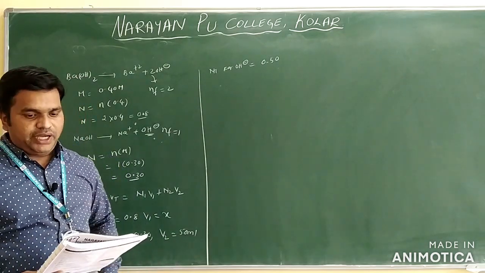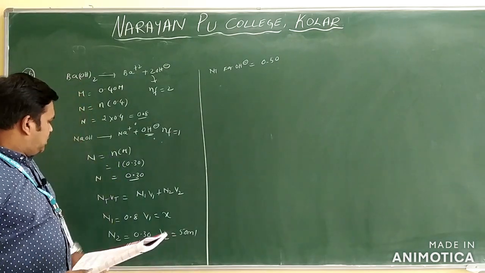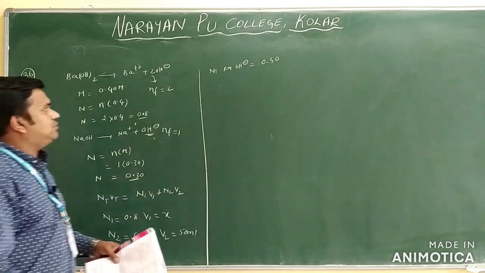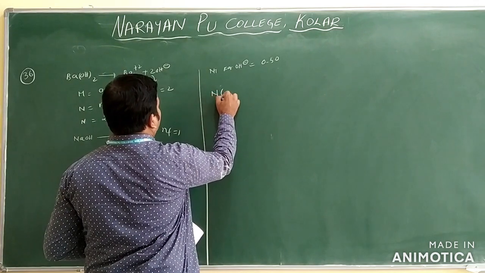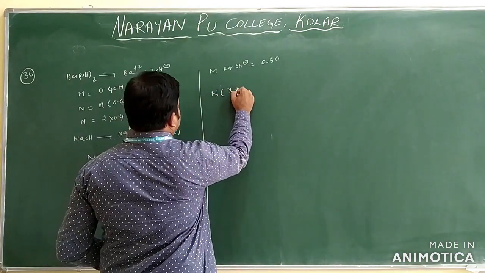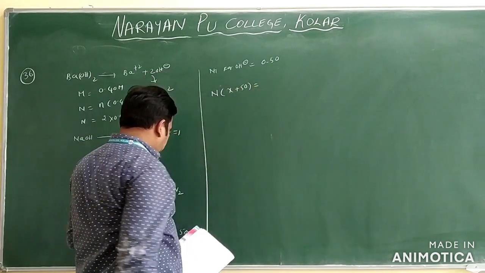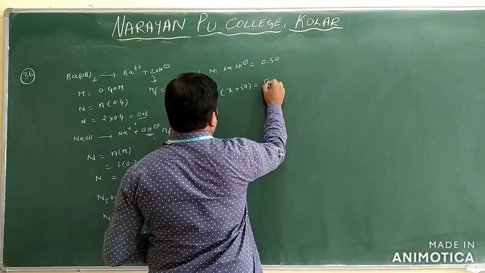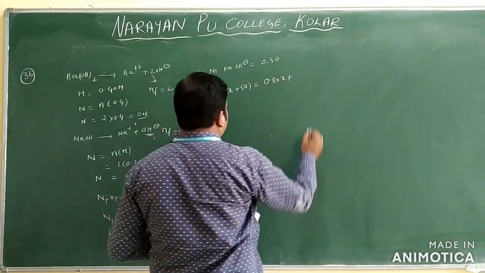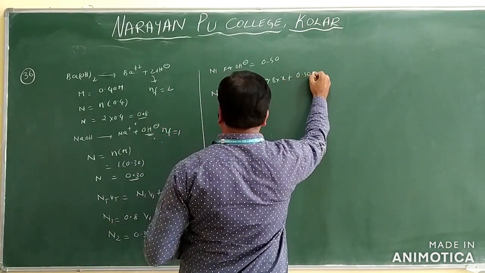So we substitute all the values in this equation. N total into the total volume, x plus 50, is equal to N1V1, which is 0.8 into x, plus N2V2, which is 0.30 into